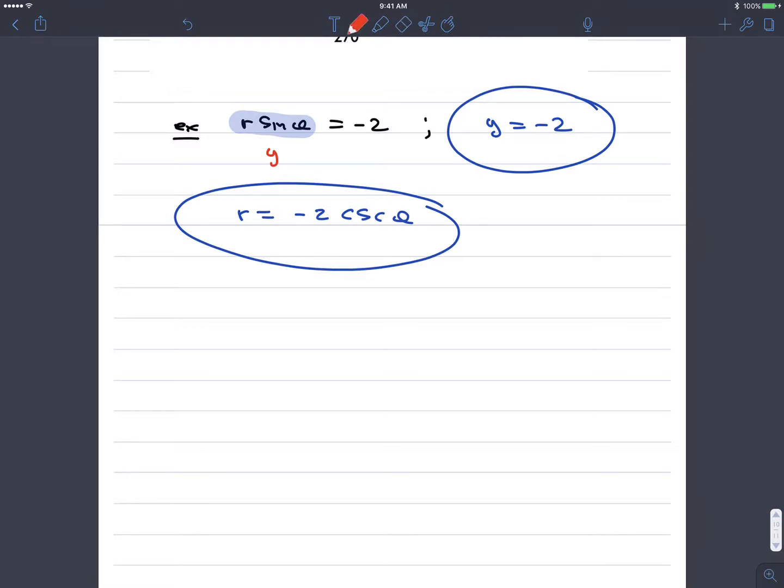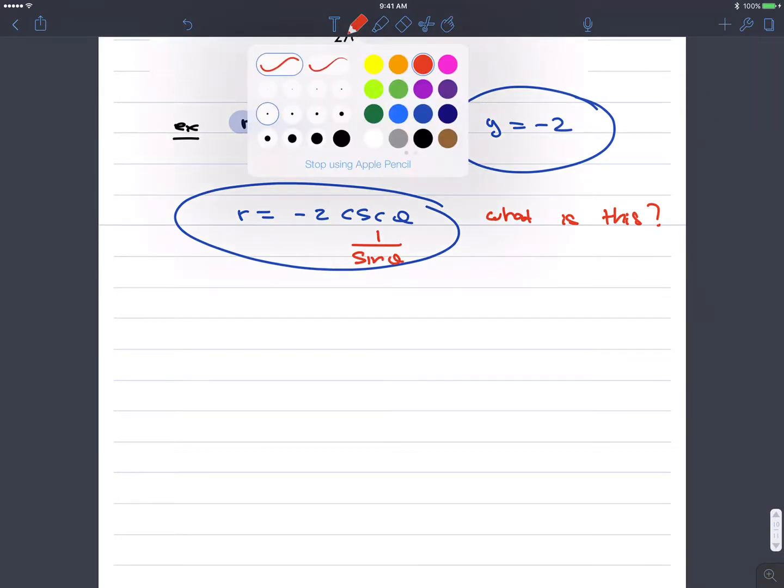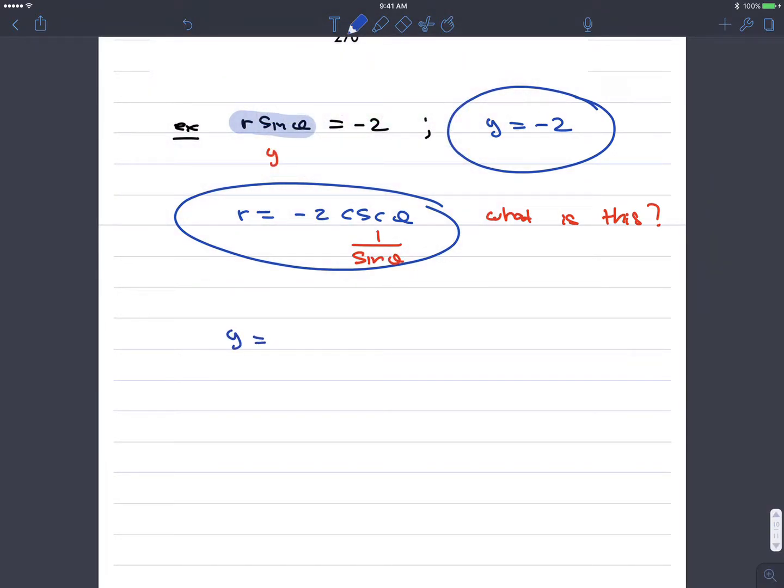God, that looks scary. What is this in rectangular? Well, you replace the cosecant theta with the reciprocal of what? 1 over sine theta. So now you have y is -2 over sine theta. Multiply both sides by sine theta, and you get y